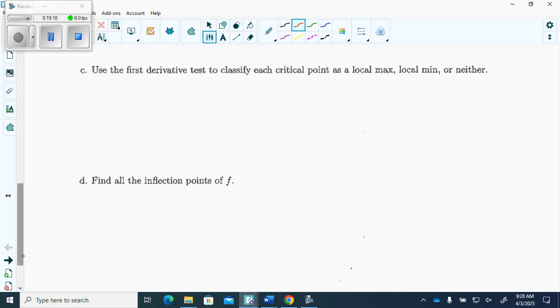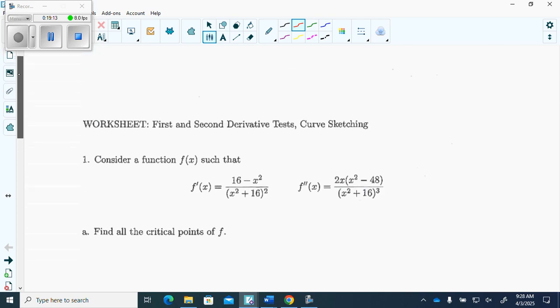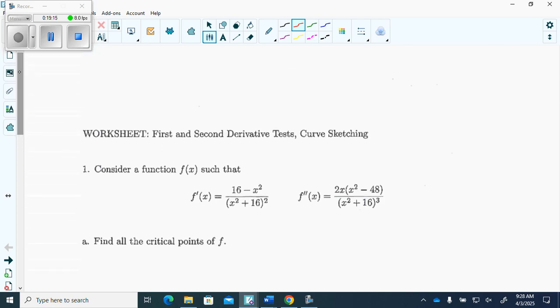So this way, on the AP exam, they'll do this even in the multiple choice. So watch yourselves, because sometimes they'll give you the first derivative and then ask you stuff about it. And you guys go and find another derivative. And I'm like, no, they gave it to you, they were nice. And you're like, oh, well, that's sad. Okay? So I want you guys to